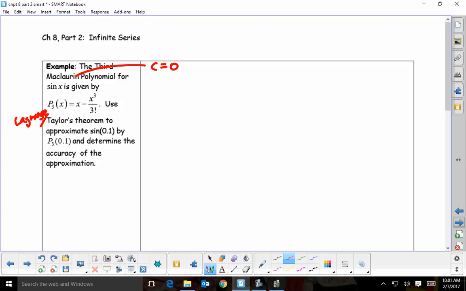Okay. Well, let's go ahead. Sine of 0.1 then is going to be approximately what? P sub 3 of